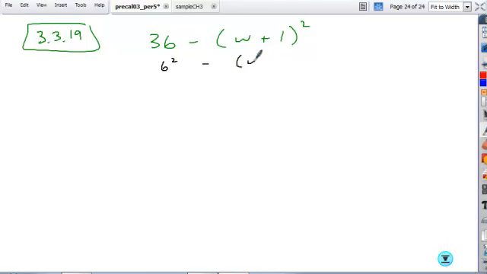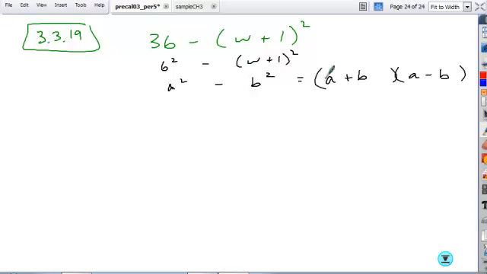squared minus w plus 1 squared. It's the difference of two squares, right? a squared minus b squared. And so if you think about what that would factor into, a difference of squares factors into the sum and difference of the terms. All right, so if you can identify that this is the form a squared minus b squared, what you can